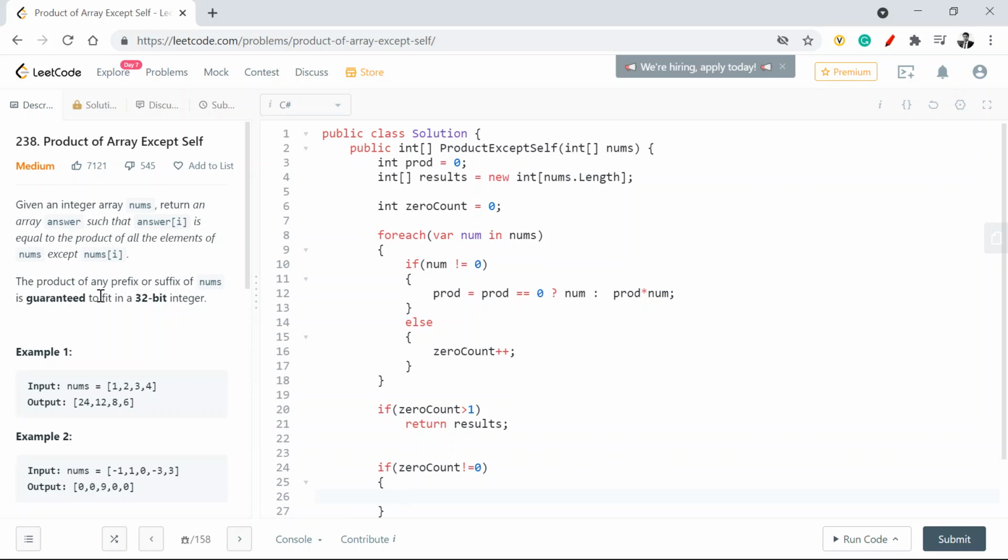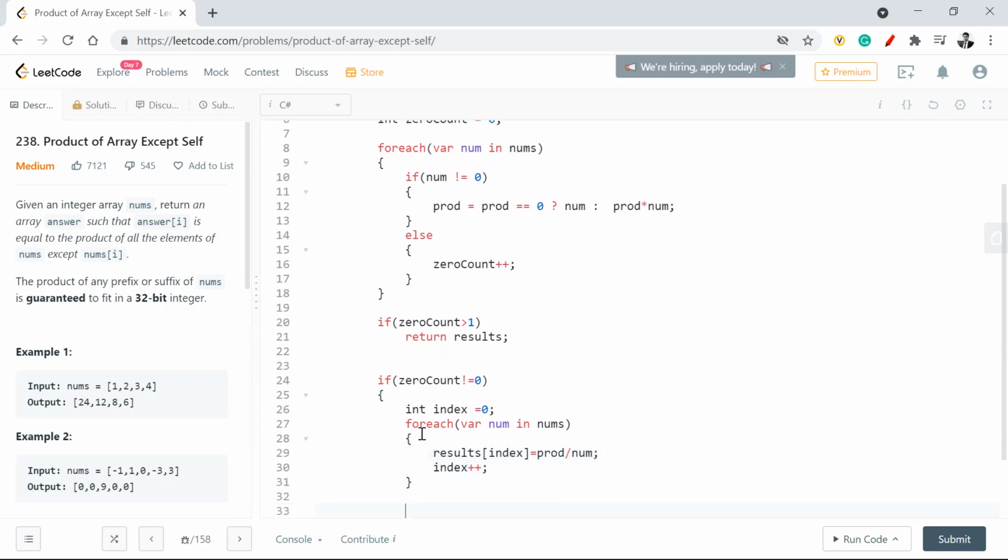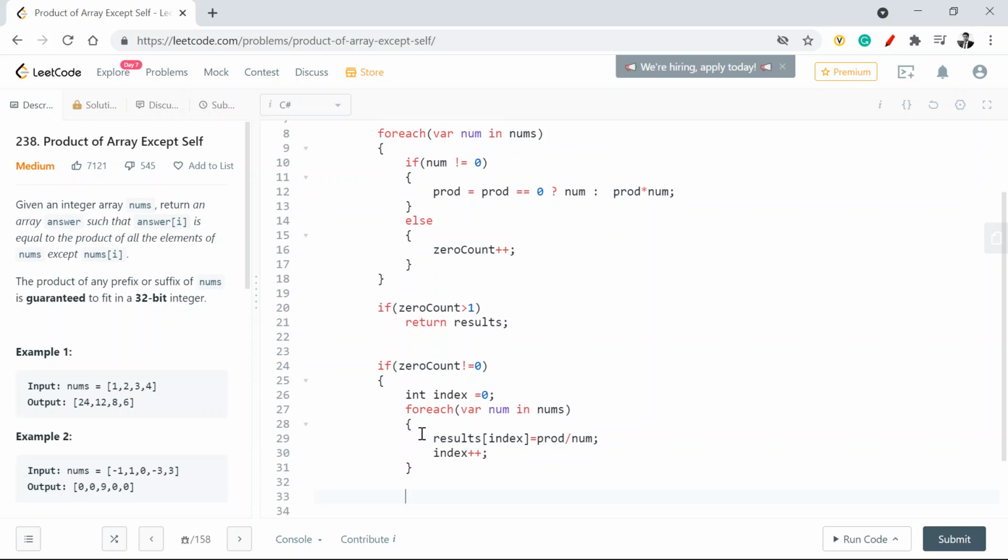I simply create a results index which will be product divided by a given index value. So I'll have int index is equal to 0, for each num in nums, I'll say results index is equal to prod upon num. I hope you understood that part. Index plus plus. You can use a for loop here as well. That's fine. I don't need an extra index value.